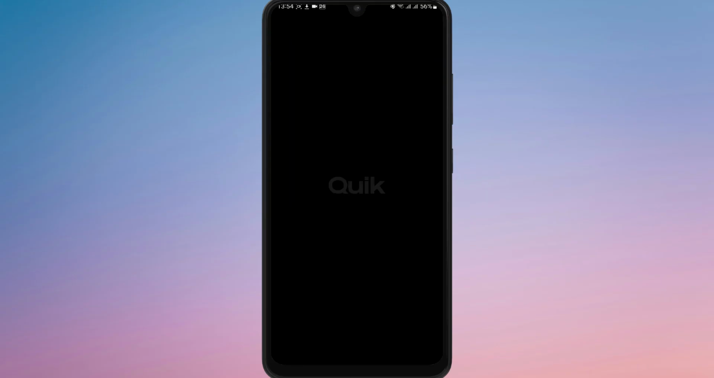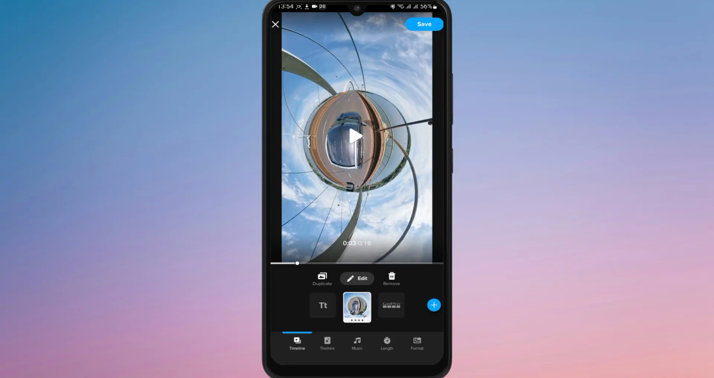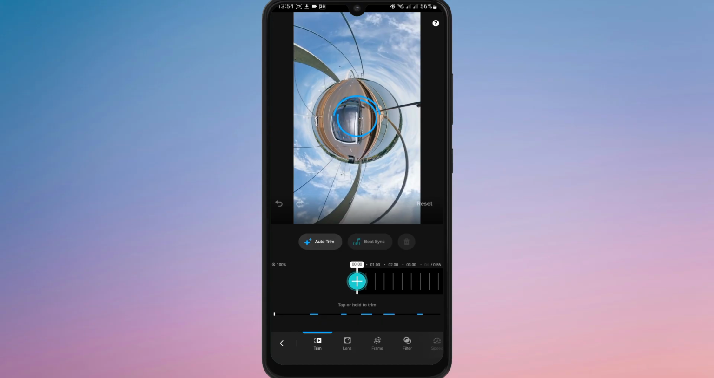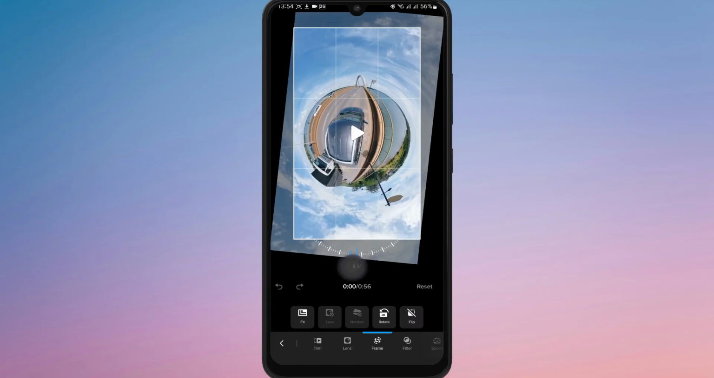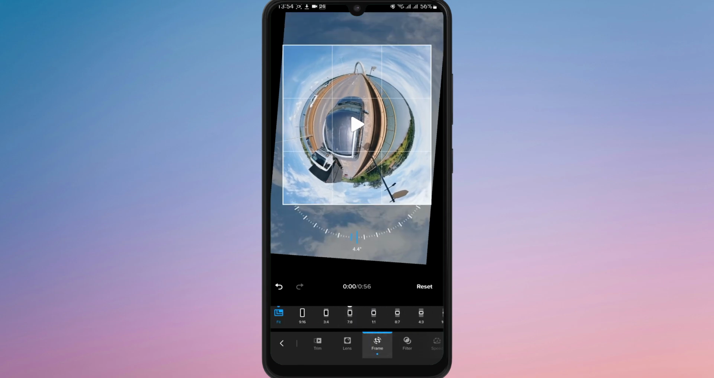Tap on the video to open it in the editor, where you can see various editing options specifically designed for 360 footage. You can start by using the framing tool to choose your preferred viewing angle or perspective from the 360-degree footage. Simply drag or move the frame to highlight the part of the video you want your viewers to